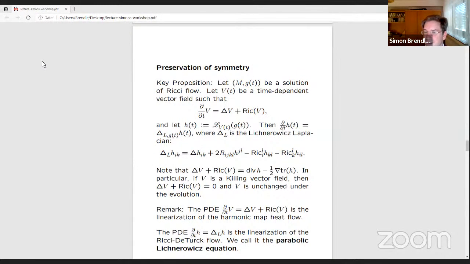Because there are other things analogous to Bryant solitons in 4 dimensions that were constructed by Appleton, and you do expect that those appear as finite time